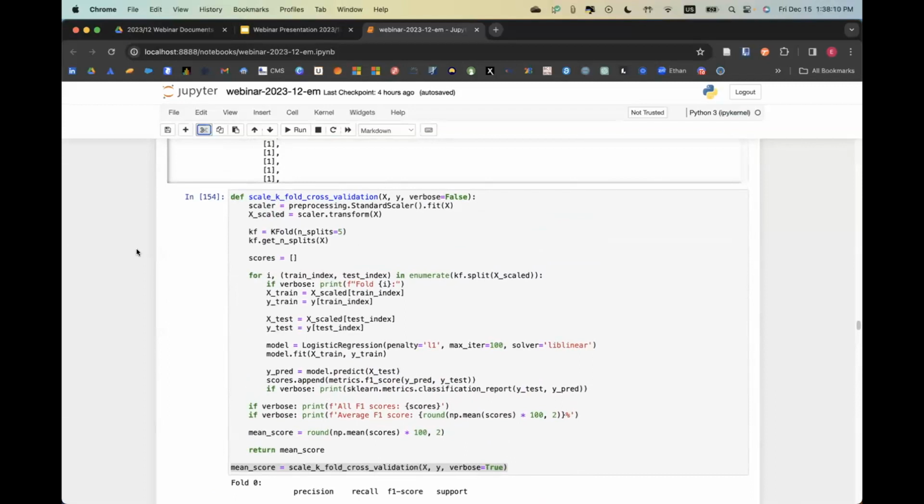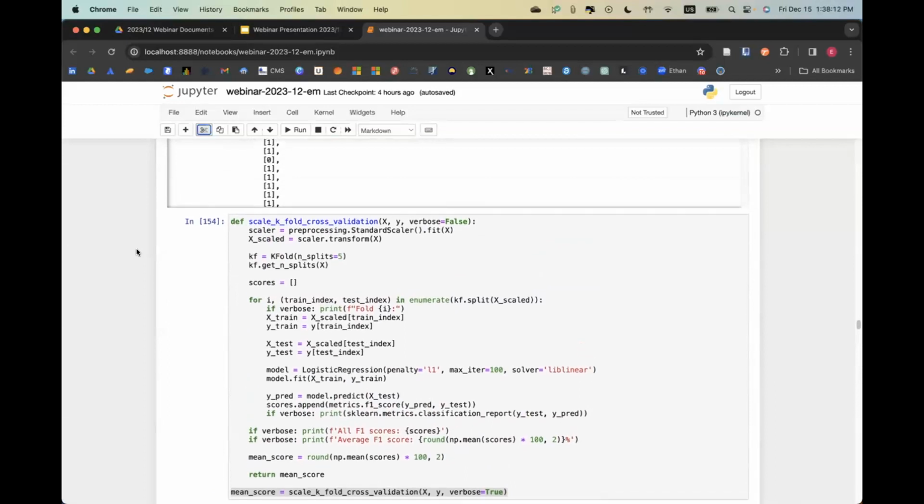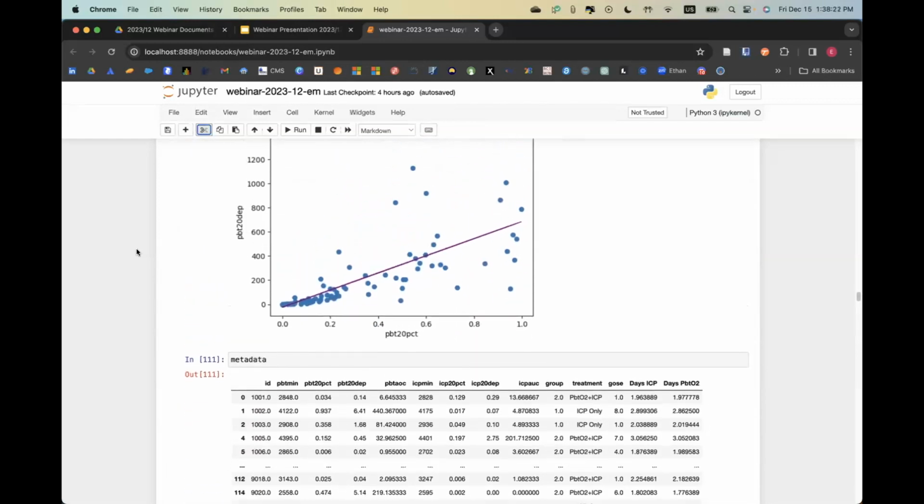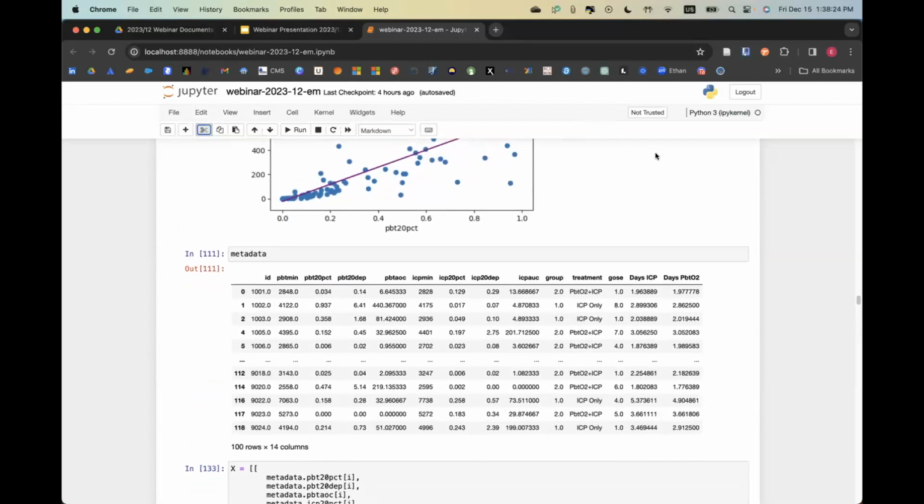So sure, you could build an algorithm and deploy it. However, it's very specific to the task at hand and the problem definition. For instance, deploying this one in real time would be incredibly difficult because I would have to know the days of ICP monitoring, and this assumes the amount of days of ICP monitoring after the patient has undergone neuromonitoring.